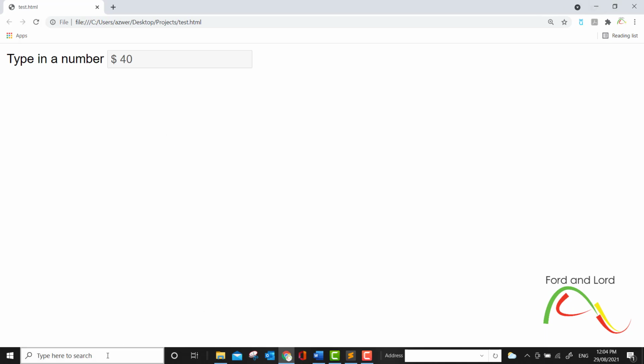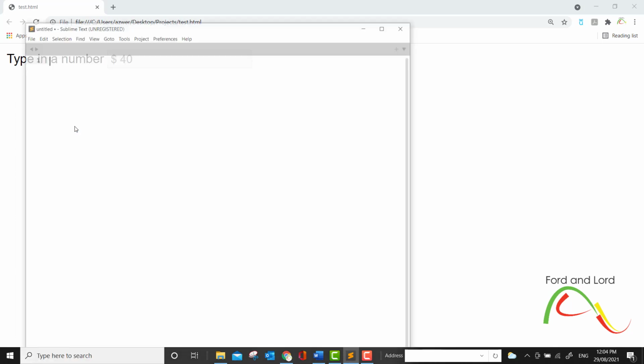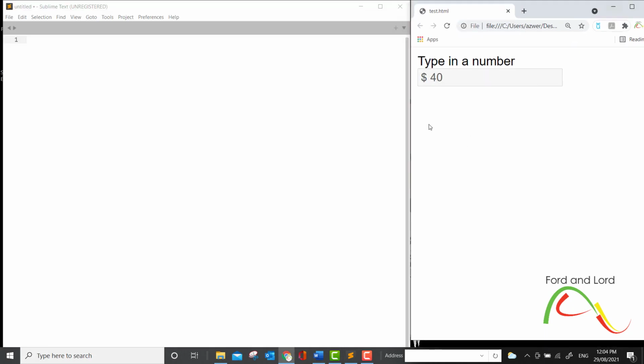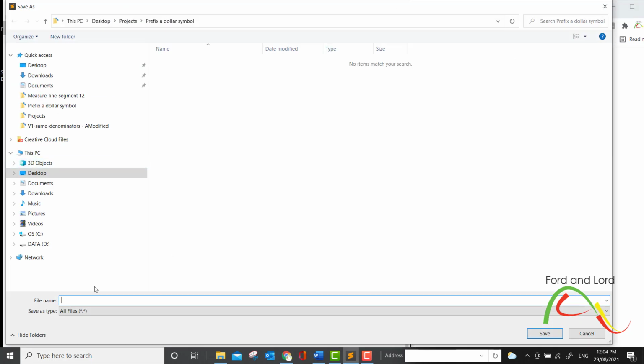So I will open my text editor, which is Sublime Text Editor, and you can use any text editor that you want. I'll change the size of my browser, so we now have our text editor and the browser side by side. I will save this blank file and call it prefix.html, and I'm saving this file on my desktop.